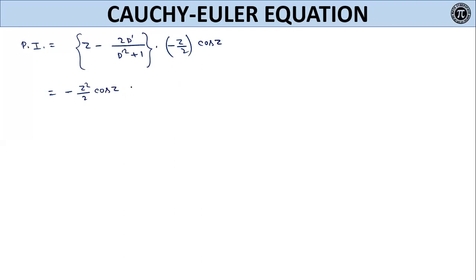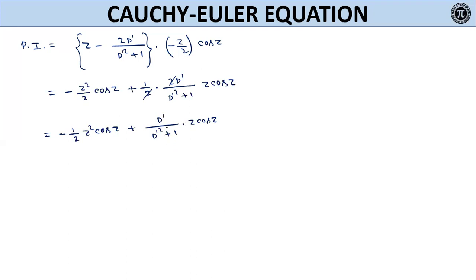Minus minus plus, plus half into 2D' divided by D'^2+1 into z cos z. Here 2 cancels, so you are getting minus half into z square cos of z plus D' by D'^2+1 z into cos z. Okay,